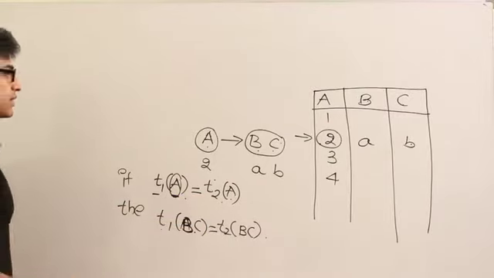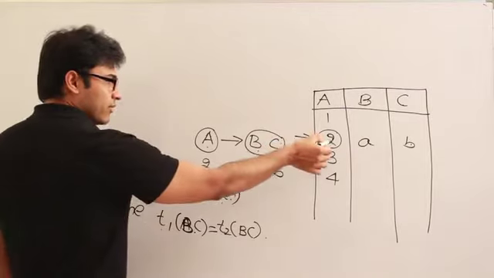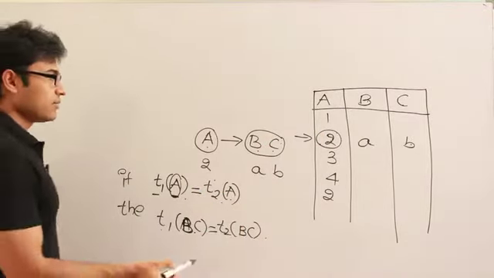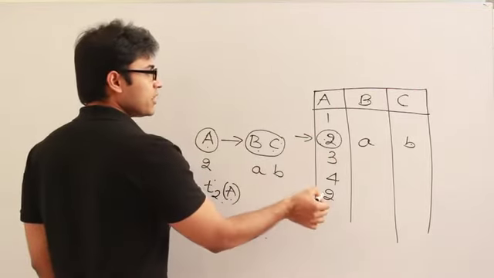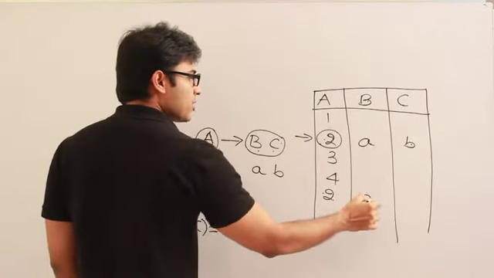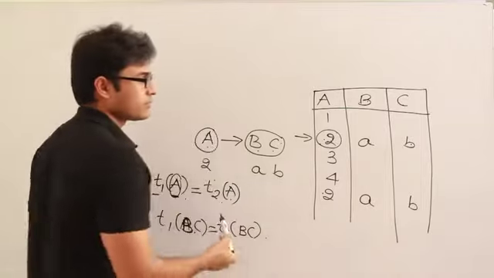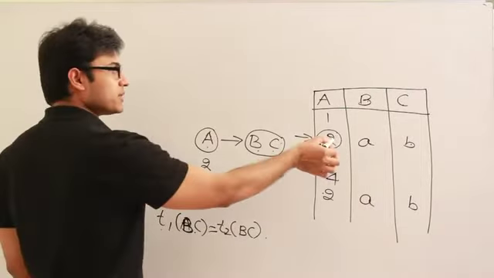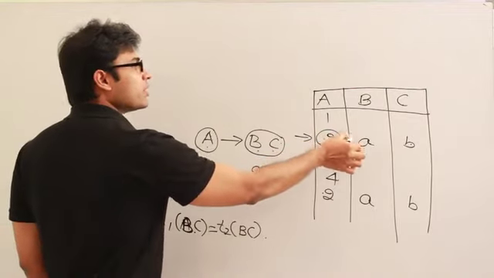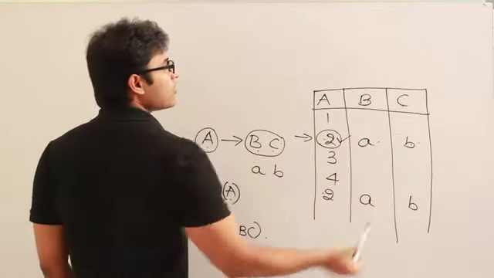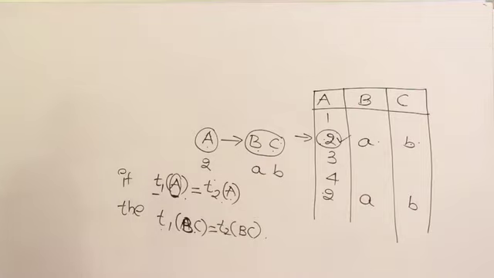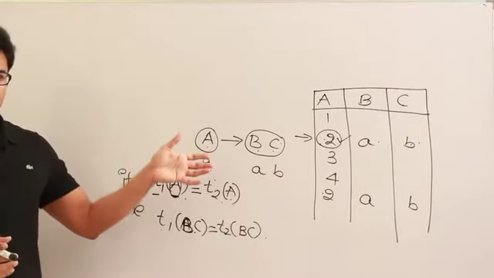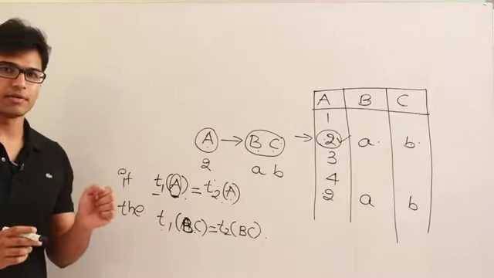What I mean to say is, wherever A repeats, I'm just taking it as an example, in case A repeats, then B and C are also supposed to have the same value. That is the meaning of it, right? Or one other way to interpret it is, given a value of A, you should be able to determine what the value of B is, right? So it is not exactly the key. There is a kind of relationship between the key and the functional dependencies.